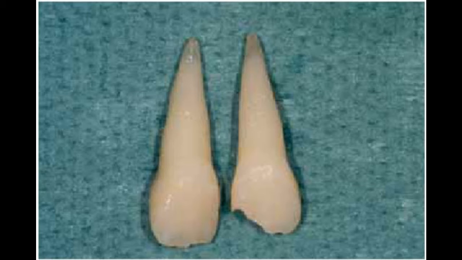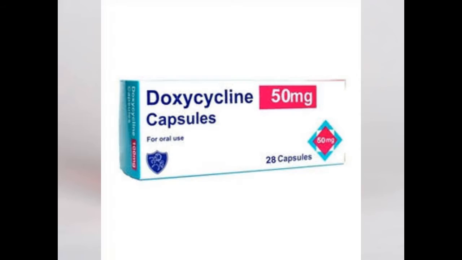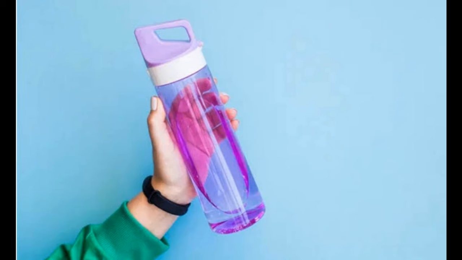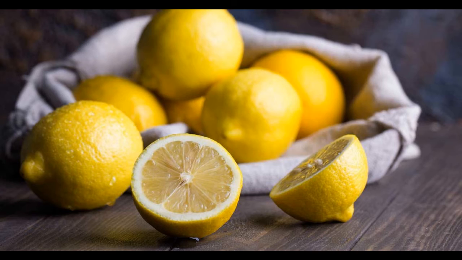If the extraoral time was 15 minutes to 6 hours, stored in milk or Hank's balanced salt solution, we should soak it in 1% doxycycline for 5 minutes. That is a 50 mg capsule dissolved in 1 liter of saline. This will act as an antimicrobial agent. If it was stored in non-physiologic media like water and saliva, it should be changed to Hank's balanced salt solution within 2 hours. If the extraoral dry time was more than 60 minutes, we have to soak it in citric